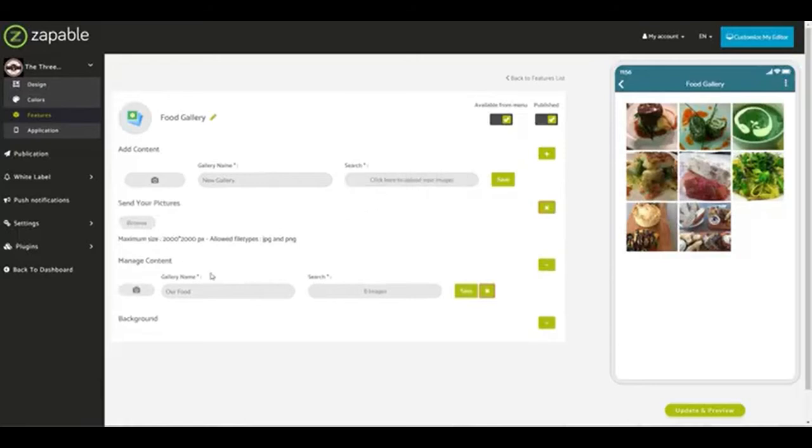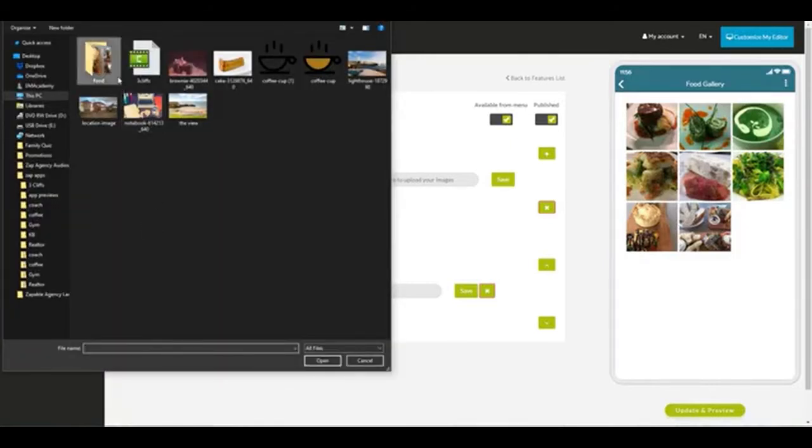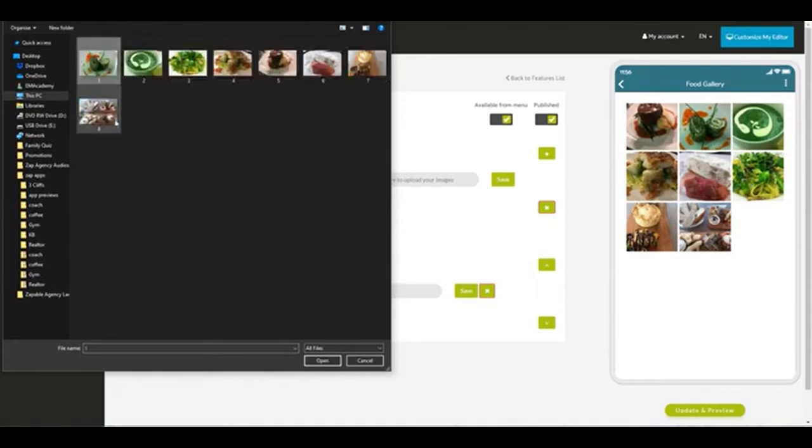and then click Browse. Now there are some limitations here as well. The maximum image size is 2000 pixels high and wide, and you're only allowed to upload JPG files and PNG files. Most of your images will be those, but that's just a limitation for this feature, that you can only upload those 2 file types. So we click on Browse, and here I have the food. So I'm going to highlight them all and add all of these images to my app. So I'm going to click on Open,